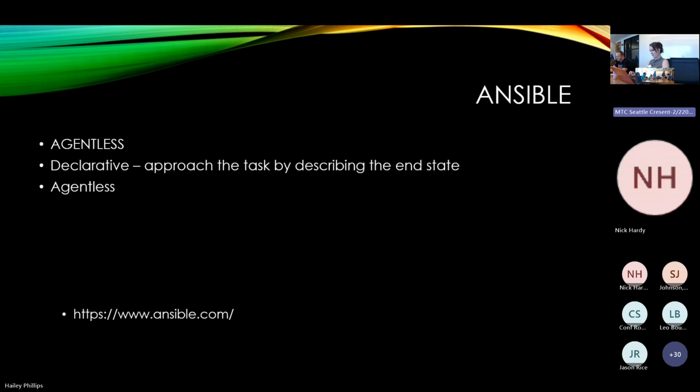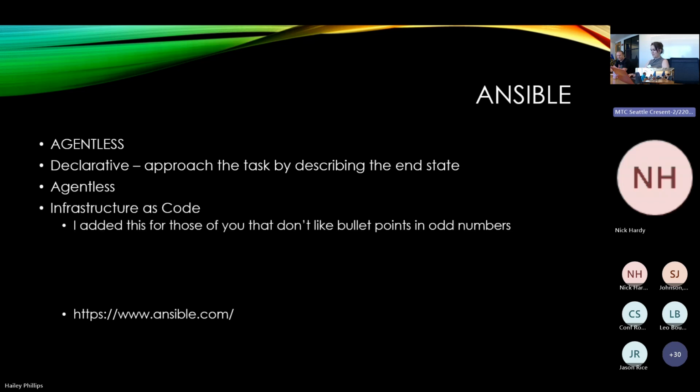I don't know if anybody noticed, but this is a big selling point for me. And then infrastructure as code. Really, I just added this so that we'd add another fun buzzword that everyone's talking about. And also, if you like bullet points that aren't in odd numbers, I did add one more. So anyway,